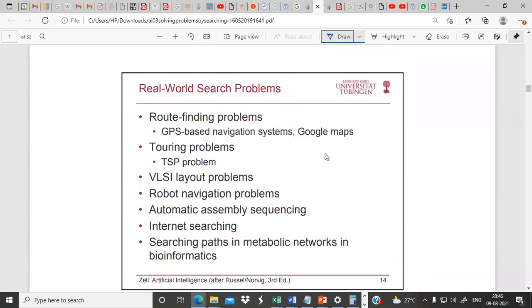So these are some of the other problems for which you can try to identify the initial state, goal state, actions, and path cost, all those things. Route finding problems, GPS based system or Google Map based system. Touring, traveling salesman problem, VLSI layout problem, robot navigation problem, automatic assembly sequencing, internet searching, all these things you may try. Okay,